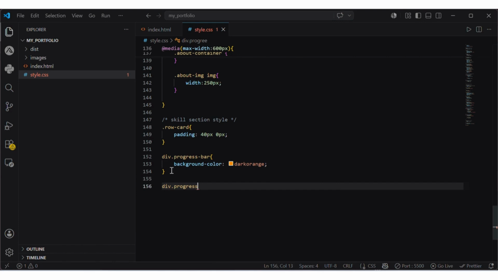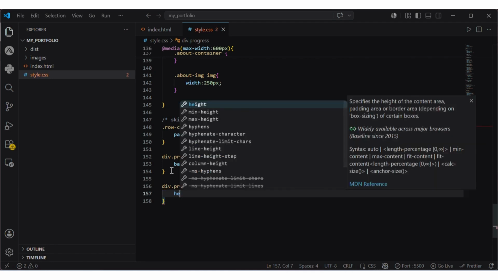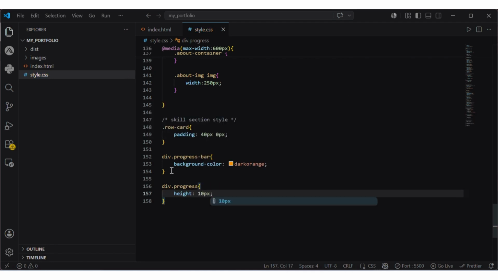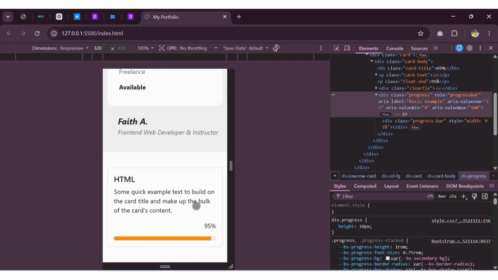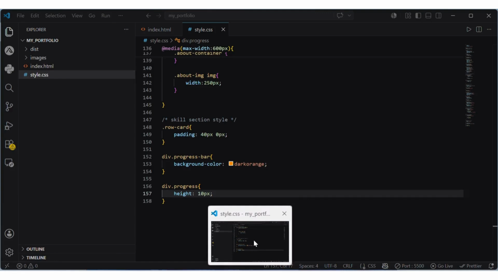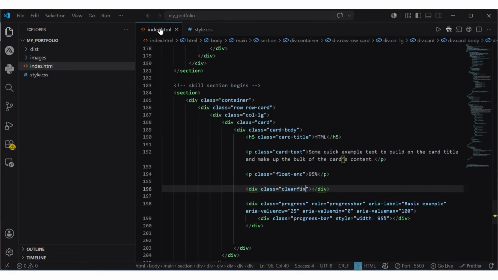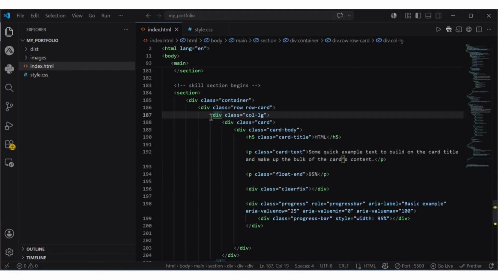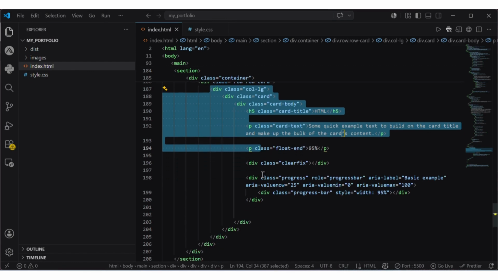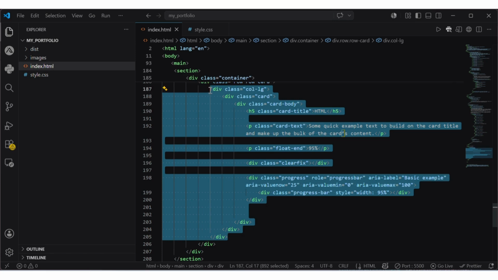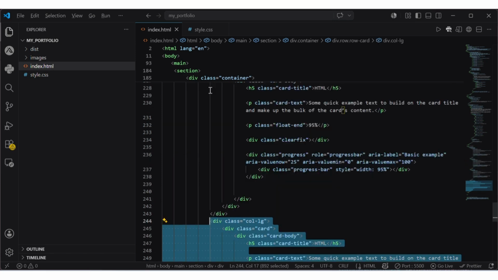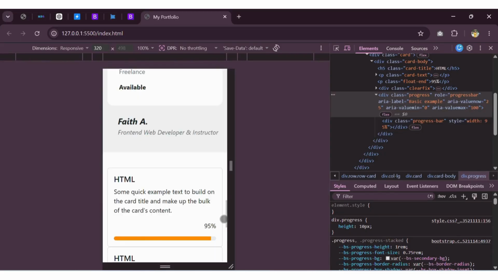You can get to understand better when you read it from the document of Bootstrap. So working on the height, let's give it like 10px. Let's see. Now it's less. So for this, yes, we are truly done. So we just have to duplicate our column, col-lg. Where does this end? Ends here. So 1, 2, 3, and